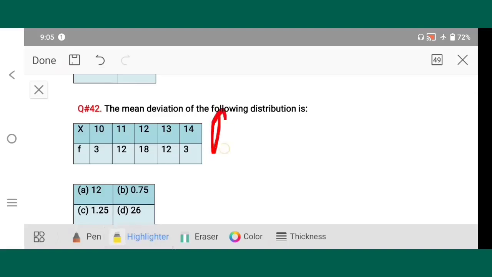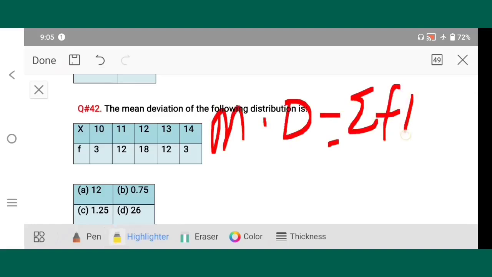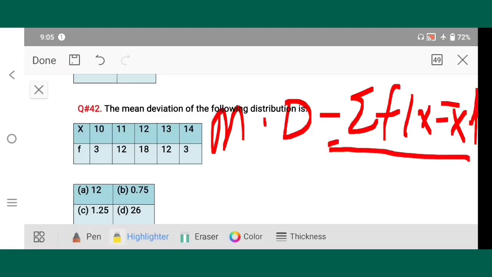So in case of grouped frequency distribution, you just use this formula. Okay, just like the previous question, just only multiply f to the deviation column. So here the correct option is 0.75,